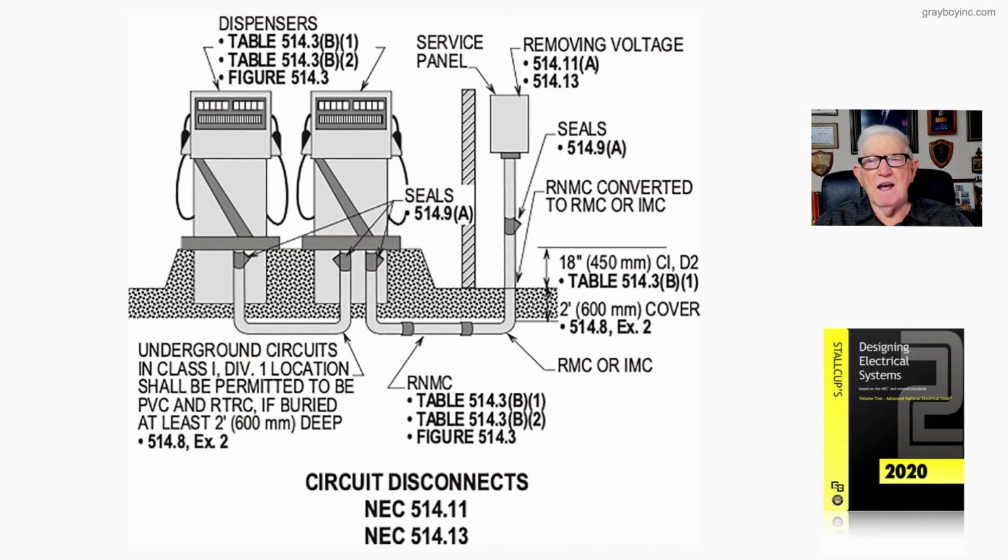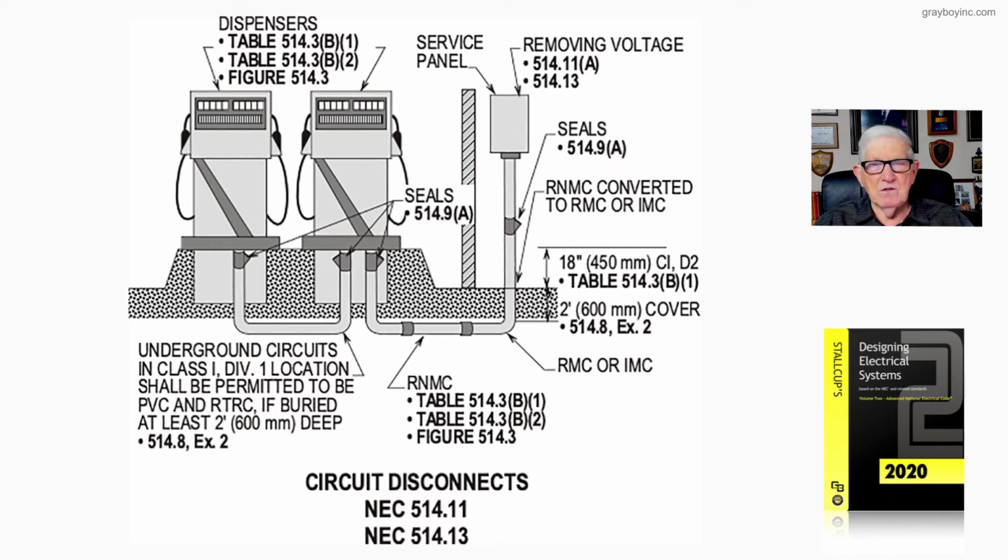Seals coming out of the ground, 514.9(A), where you would provide your seal. And that's within your 18 inches area where you could put that seal. And then, of course, you could have a rigid up, and then have non-metallic buried in the ground there. So usually you have to have a 2-foot cover there, as you see to the left of the illustration,